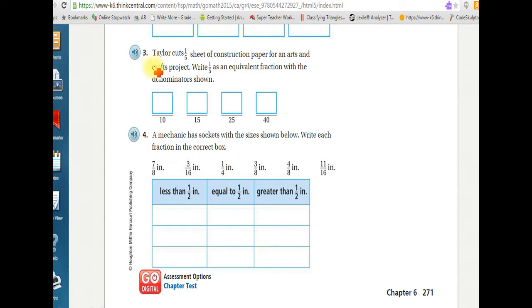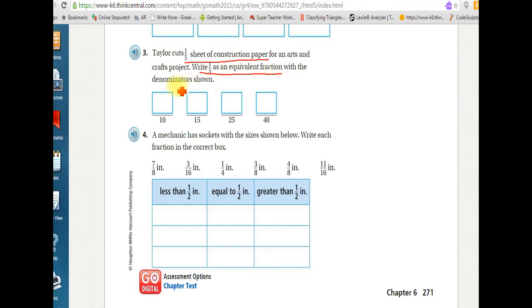Alright, let's look at number 3 and 4. This is again the chapter 6 test review. Alright, we read closely and carefully. Taylor cuts 1/5 sheet of construction paper for an arts and crafts project. So 1/5 of the sheet of paper. Okay. Write 1/5 as an equivalent fraction